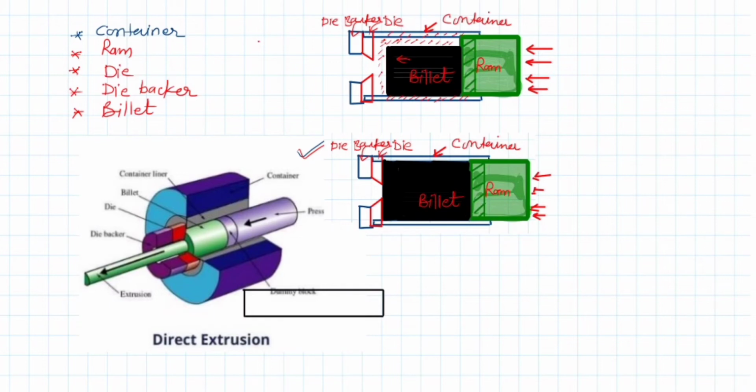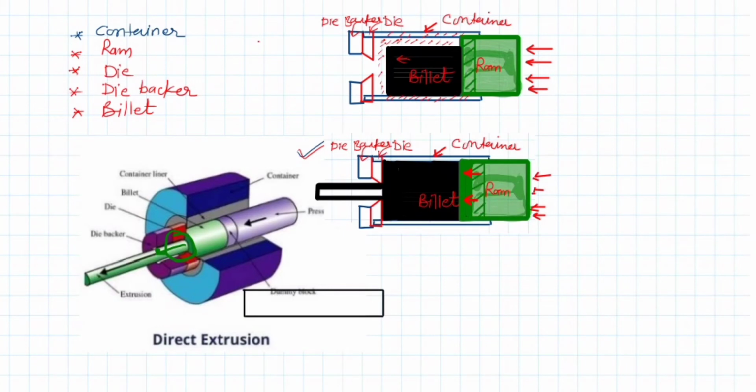Then with further movement of the ram in the forward direction, as shown in this diagram, the billet has only this space left, the cavity in the die, to escape through. So the billet gets deformed and comes out of this die opening.